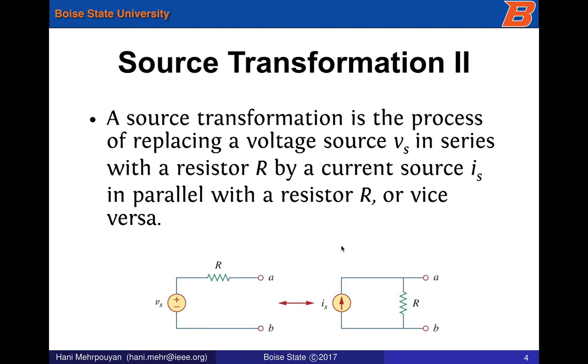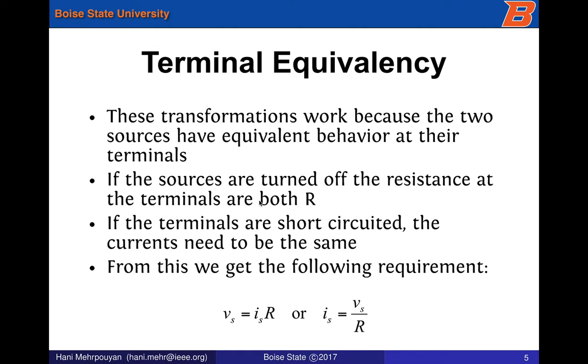It's important to determine what the values of these new sources should be. For example, if you have a Vs, R is obviously going to stay constant, it's not going to change, but how do you actually adjust the Vs? How does that transform into this Is? We'll look into that in the next slide. So the idea here is that if we go back,